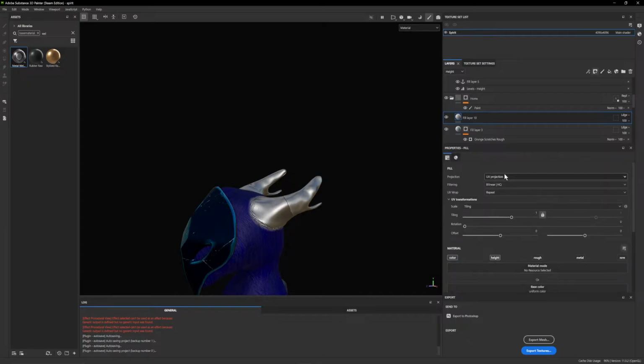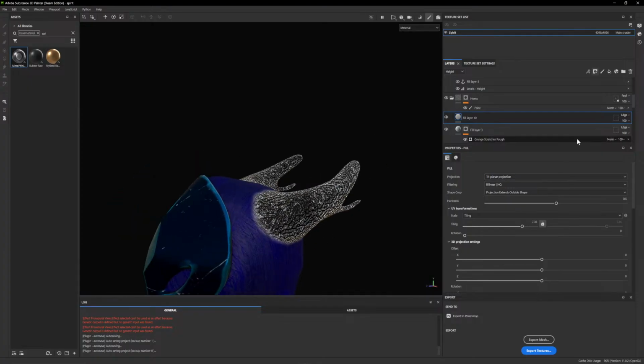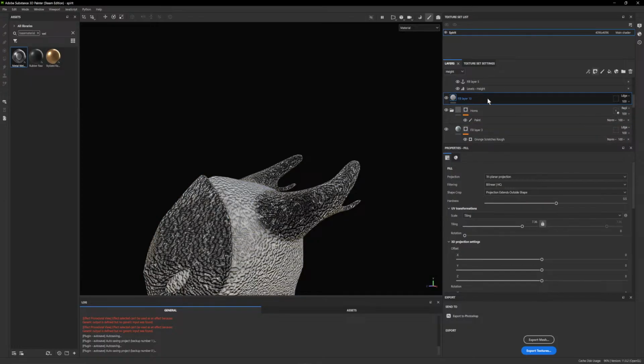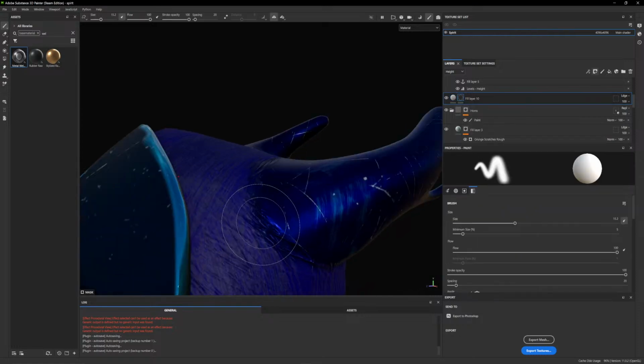That's obviously going to need to be much more tightly tiled. I'll probably put that there. And then create a black mask, and then we'll